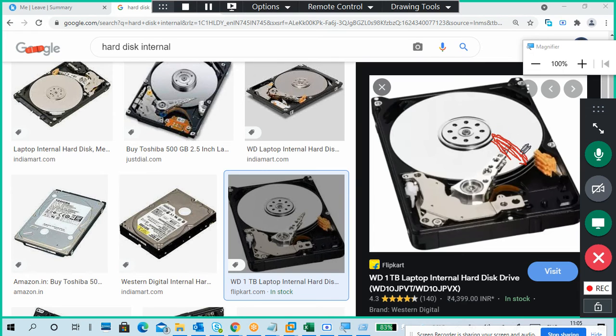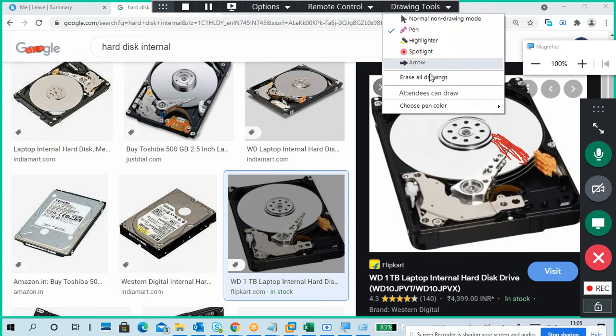Yes, sir, like a gramophone. No, that is a different one.